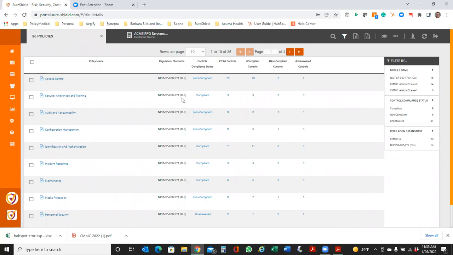And as you go in and begin to answer your questions, you can also come into these to see amongst those policies where you may have issues with non-compliance around controls, because things like access controls can be impacting several different control areas. And so it will show you, for instance, what areas you have compliant controls and what areas you may have non-compliant controls or unanswered. And all I have to do is go into there and it will take me to that particular question.